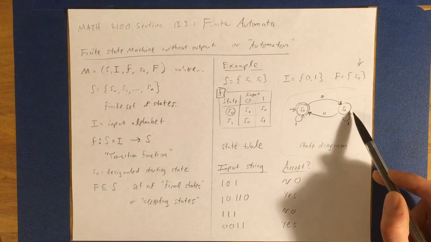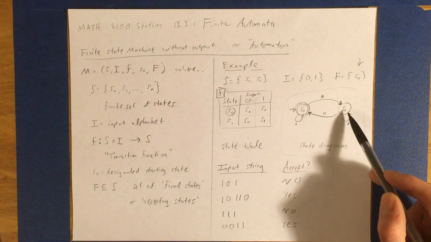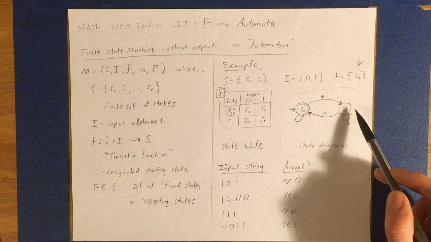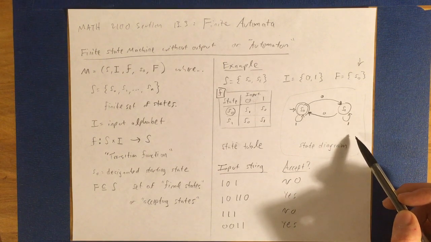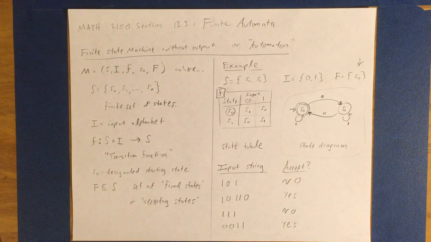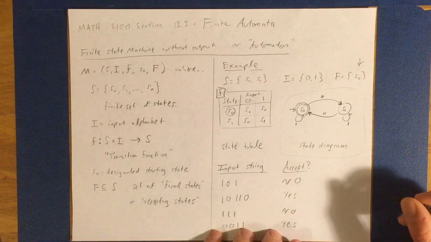Now, 1s don't have any effect at all. You just loop, right? So you stay where you are. Essentially, 1s are ignored by this machine. And only the zeros really matter, okay? Because they're the only ones that cause you to change states back and forth. So this machine is checking to see if the input string has an even number of zeros,